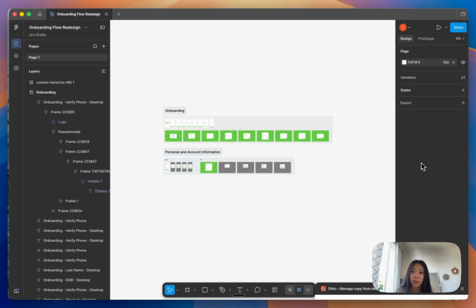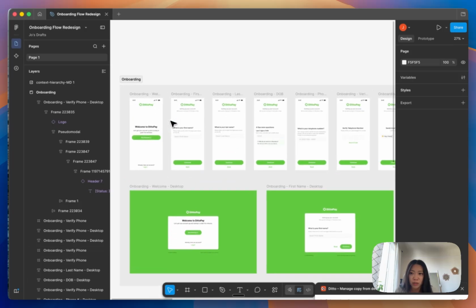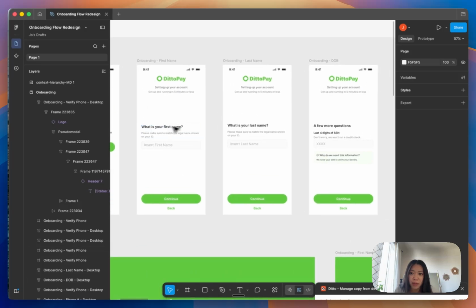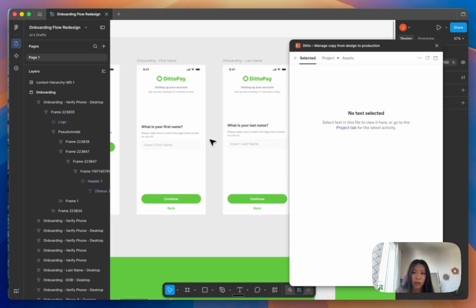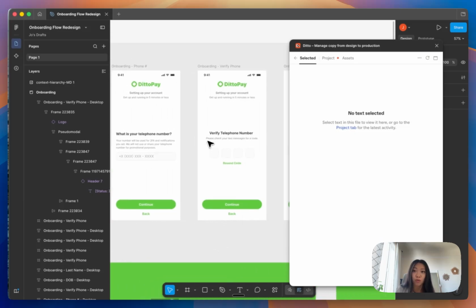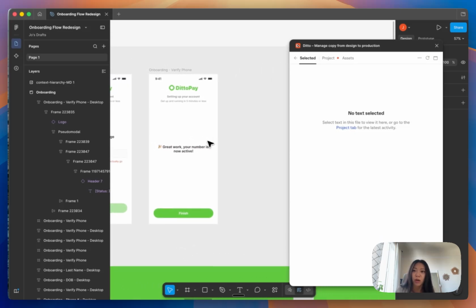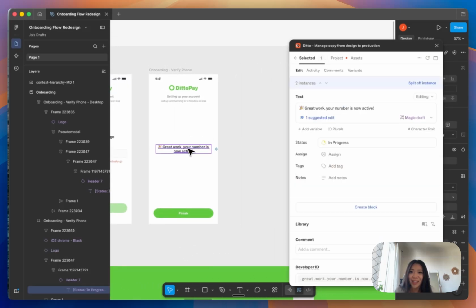Say I'm redesigning the onboarding flow for a sample banking app called Ditto Pay. I'm going to be working on both the web and the desktop versions of the mockups and setting up an onboarding flow where I'm asking users what's their first name, what's their last name, that type of thing. What I'm going to do is open Ditto's plugin, which has access to the content system we've already set up in Ditto, but also the screens themselves and the whole flow in Figma so it can understand the content in context. And as I work, Ditto is going to check my copy against our system and surface any inconsistencies or